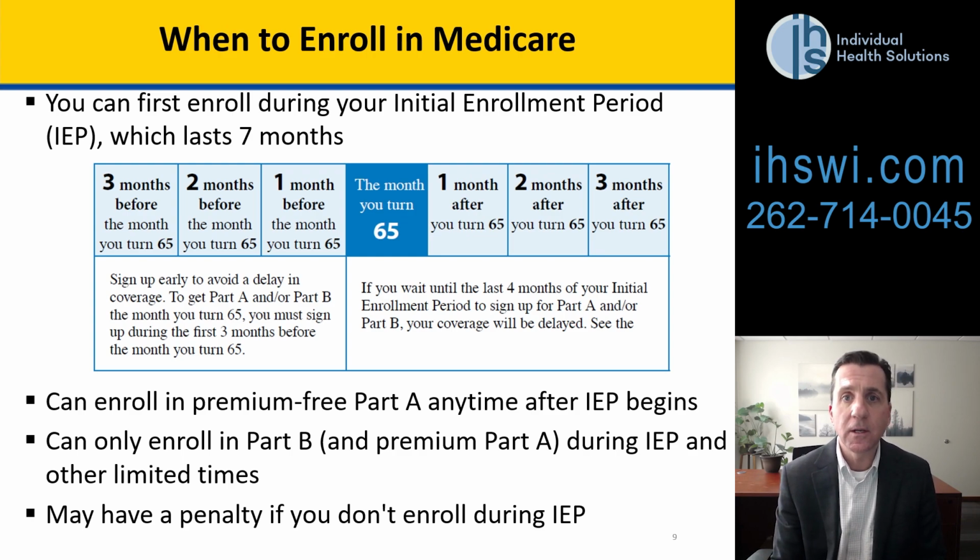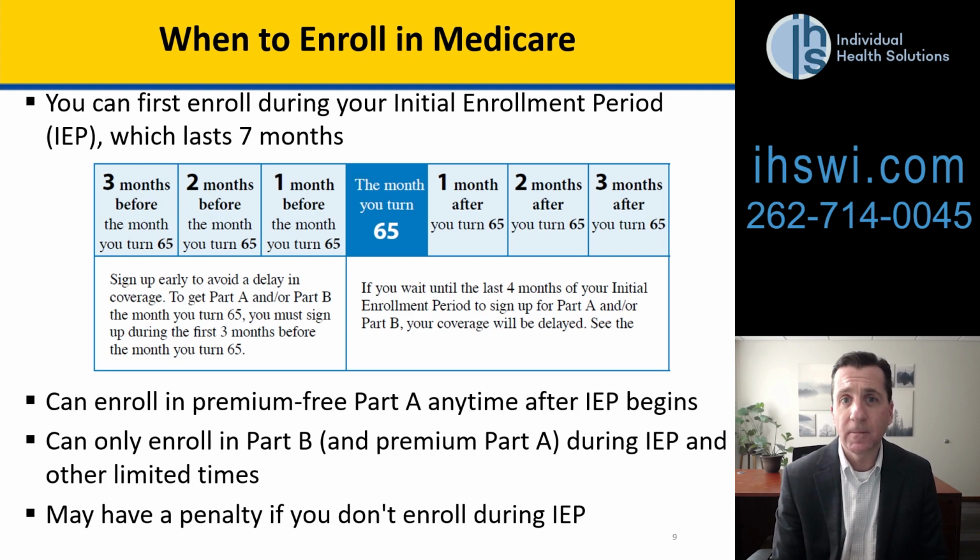And Medicare would go into effect on the first of the month that person turns 65. So in this example, July 1st. There'd be one exception to that, and that is if your birth date is on the first of the month, you become eligible for Medicare 1 month sooner. So July 1st birth date would move up the start date of Medicare to June 1st, and then that would just move up the initial enrollment to March 1st for that person to sign up for their Medicare.